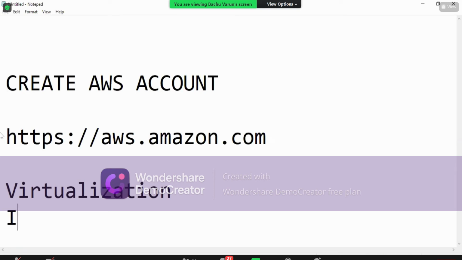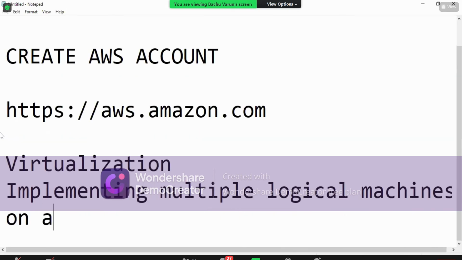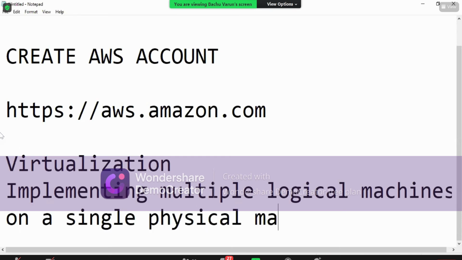It means implementing multiple logical machines on a physical machine. Implementing multiple logical machines on a single physical machine is called virtualization.